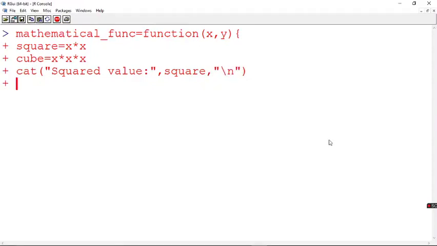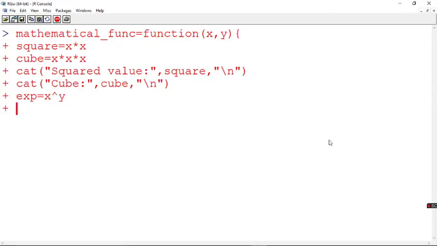Fine, and I close the cat. Similarly, I specify my cube value. Fine, so cube, and I say here the cube of that value, and again I go with one escape sequence here. Yes, done. Now I am going to have some exp, and I want to find the power of x with this y.